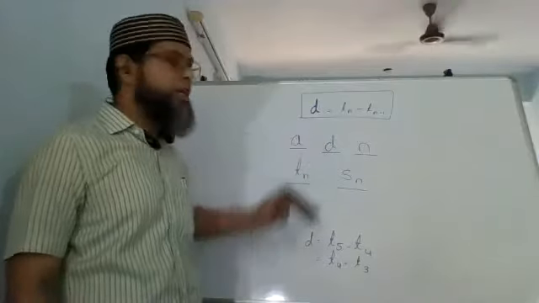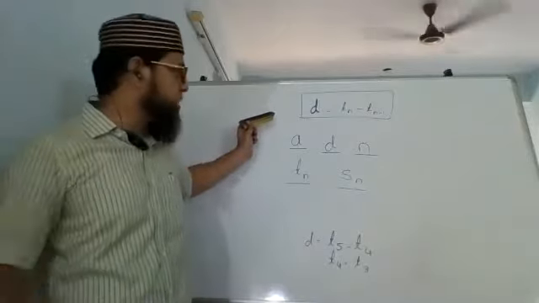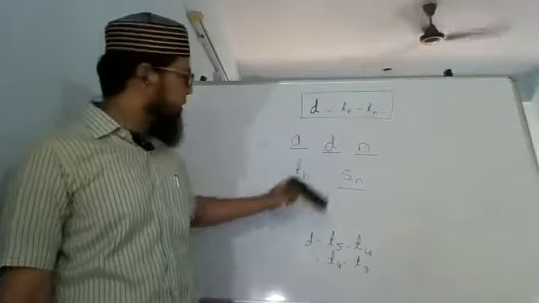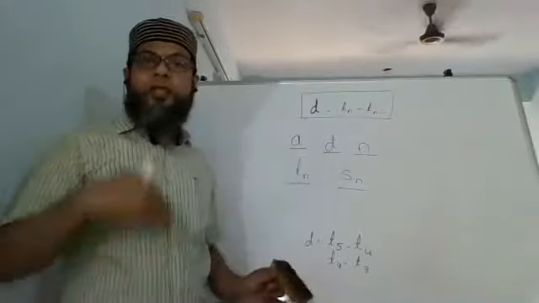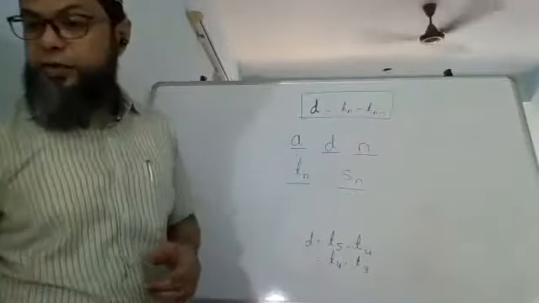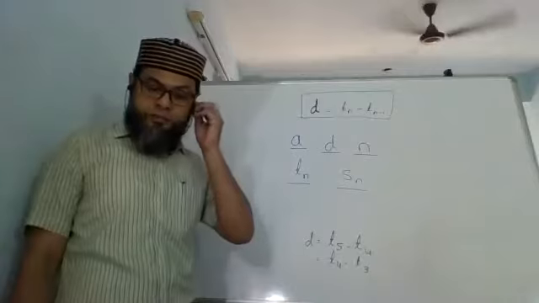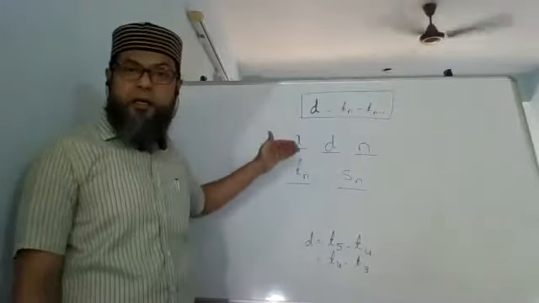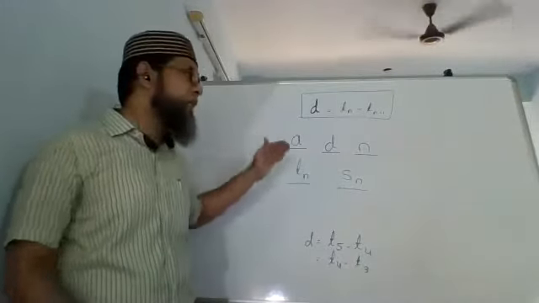We have already seen what A is. That is easier to identify. It's just the first term. We have already seen now how to find out D. How to find out Tn is going to be the next part, which we are not going to do today, but we will do on Wednesday. Till here, you have to understand and get back to me if you have any difficulties.